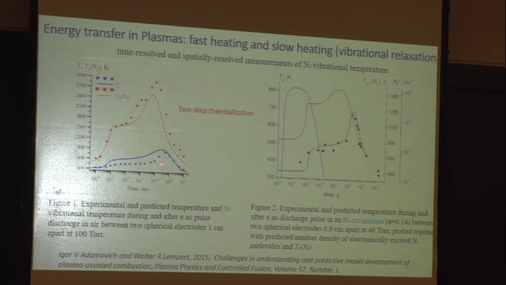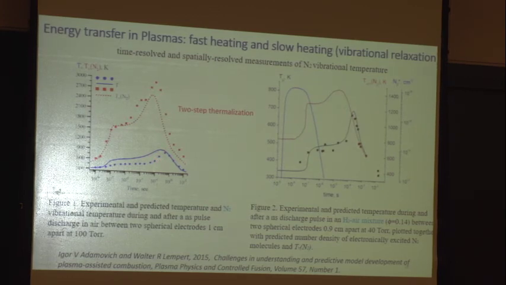If you look at here, this is temperature. This temperature arises at the same time as the vibrational excitation. This means that it's an electron impact heating process, right? We call it fast heating, remember. This is fast heating. And then here, as the vibrational energy decreases, the temperature decreases, and I still have some rise